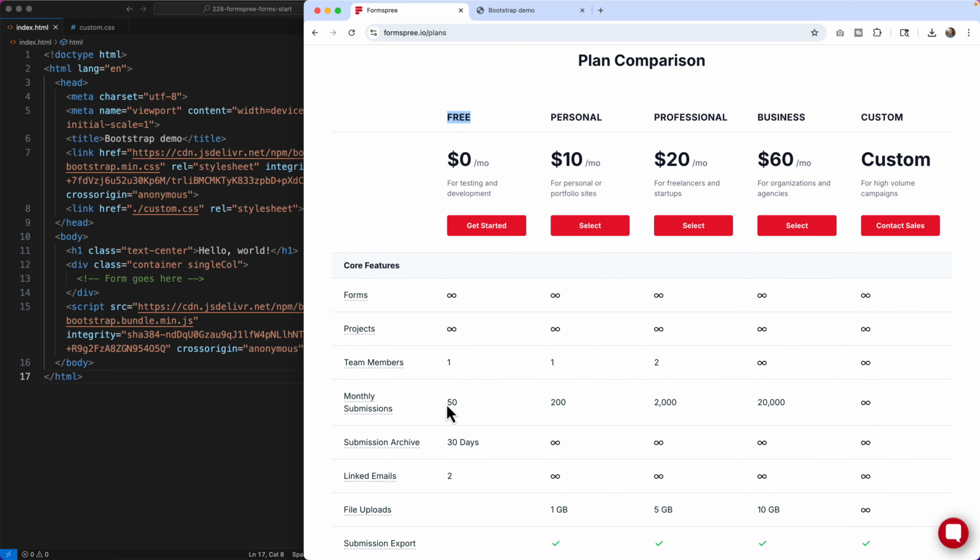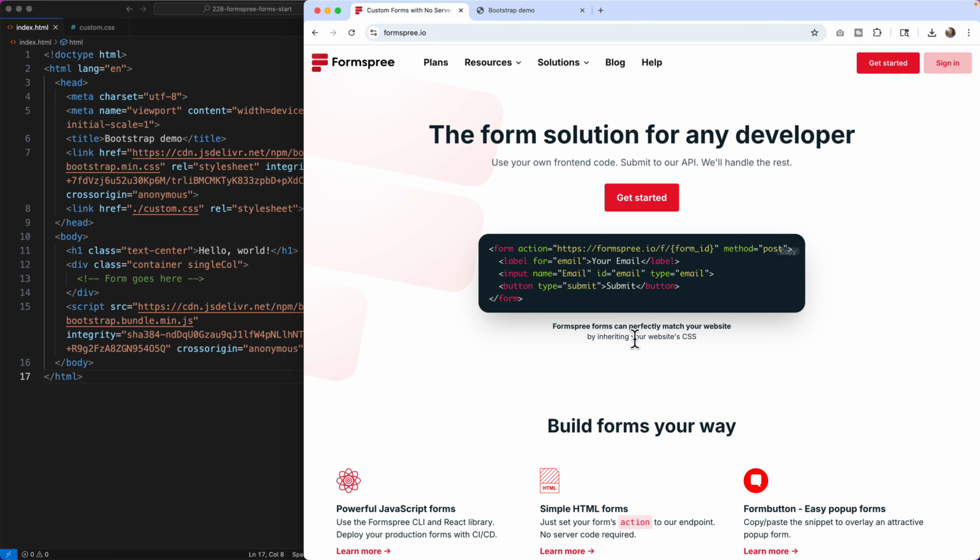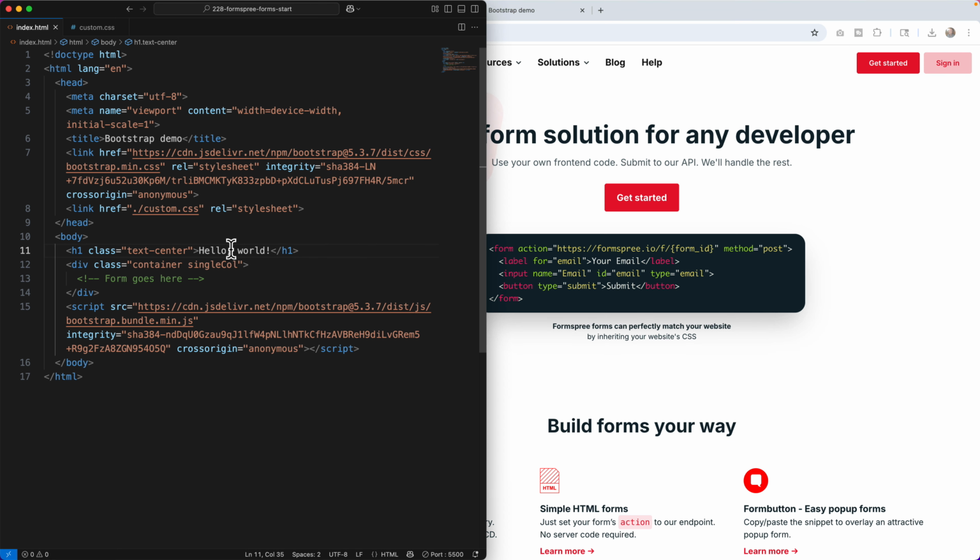Anything higher, we're going 200, 2,000, 20,000 submissions. So if you've got 20,000 submissions, I definitely say go with one of these companies because you're going to really utilize it with spam protection. Also, there is no file upload, which we're going to take a look at in this project. But just so you know, if you do want to upload files, you'll have to go to the paid plan. We're going to look at the free basic setup today,